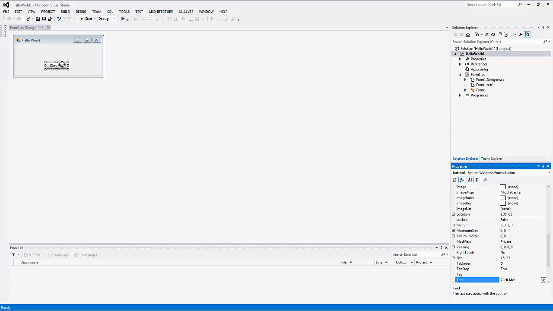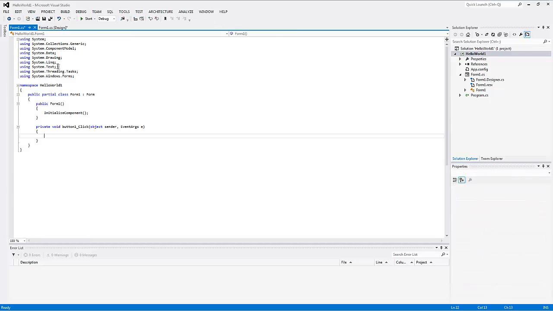Then you want to double click on this button, but before we do that, as you can see here, there are different variables and properties you can mess around with. I'm not going to show that today, but just double click the button and this code should come up, automatically written for you. This is just like telling the computer where it's going. Then in this part here, you want to go on and type in